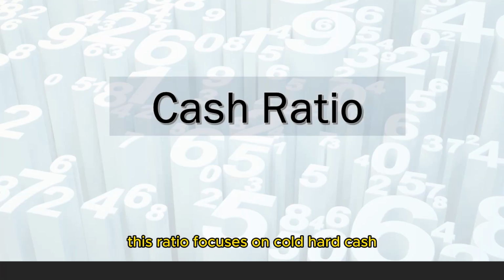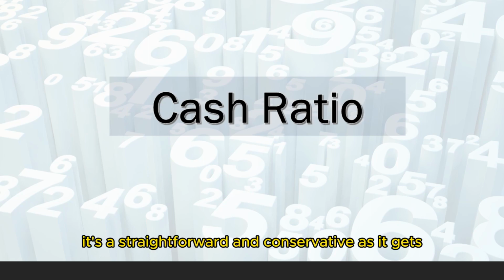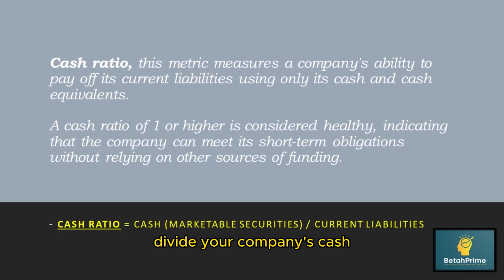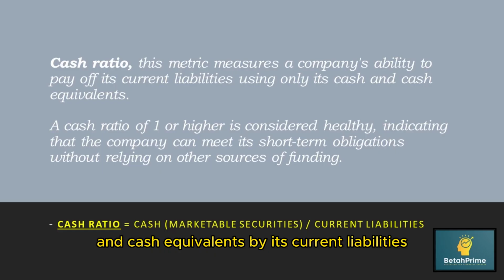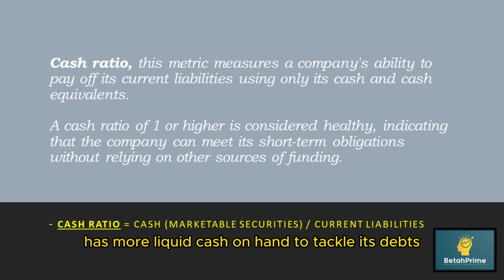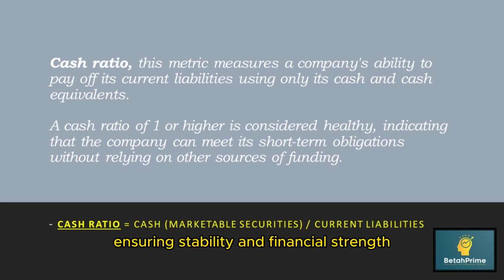This ratio focuses on cold hard cash. It's as straightforward and conservative as it gets. Divide your company's cash and cash equivalents by its current liabilities. A higher cash ratio indicates your company has more liquid cash on hand to tackle its debts, ensuring stability and